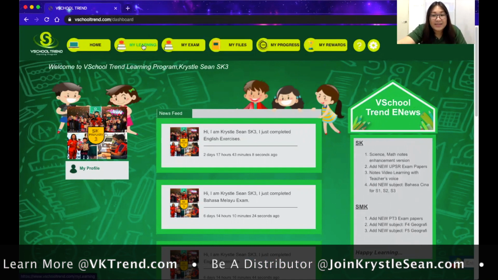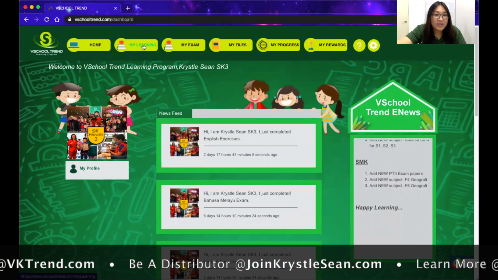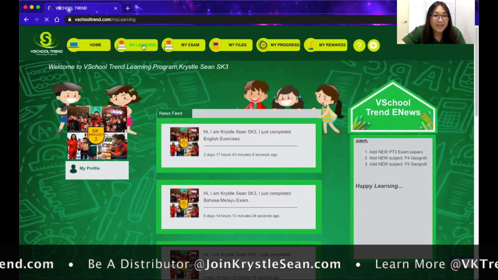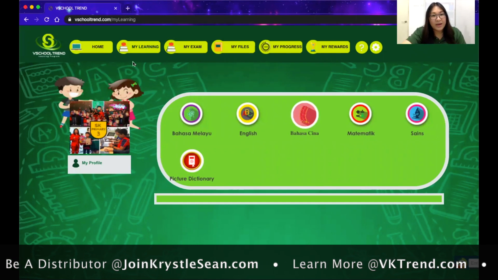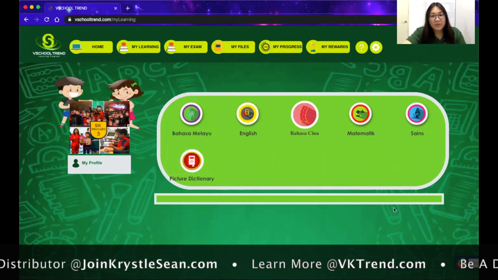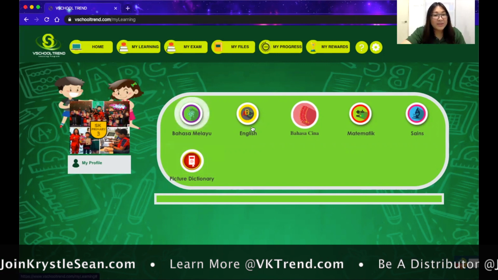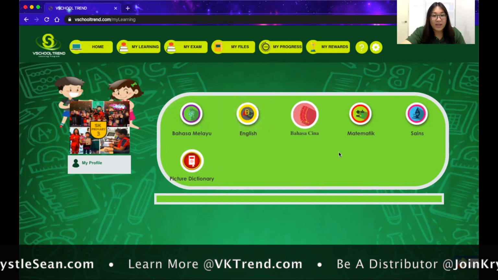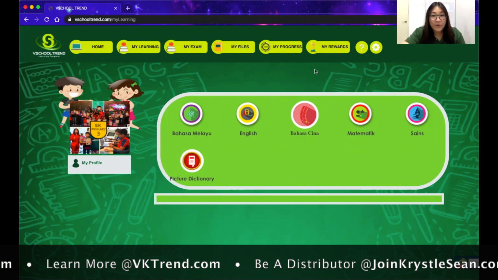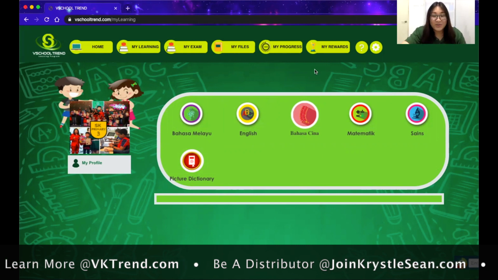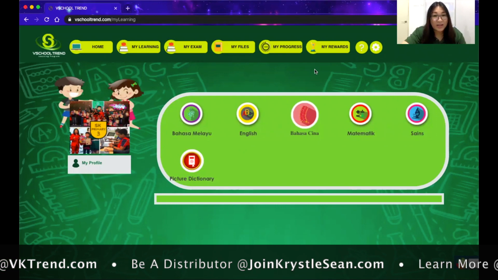Okay, now besides that, we also have the tab here on the top left. You notice there is My Learning, and when you click this is where your child sees all of the current syllabus. And when your child clicks here, your child will be able to access all of the core subjects. Now notice for SK, besides Bahasa Melayu and English, they even add on one extra, which is Bahasa Cina. Now it doesn't matter whether your child is learning Mandarin or not, it's just given to you, okay? It's just given. So this is the cool part whereby your child gets to even learn an additional language.